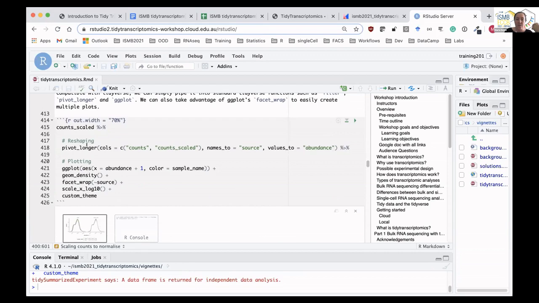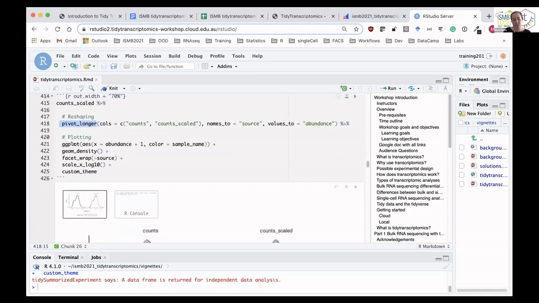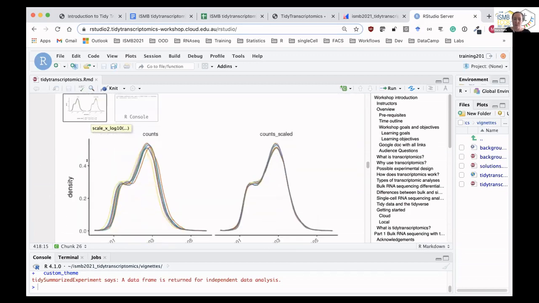Pivot longer is a great function, very powerful for reshaping your data into a format for then plotting, for example. You'll see us using that more throughout the workshop. And so we can quite simply take the data we've got, pipe it into this existing function to reshape, and then generate some ggplot, so some existing tidyverse plotting functions to, with a few lines of code, generate